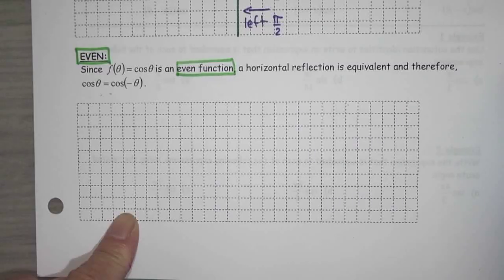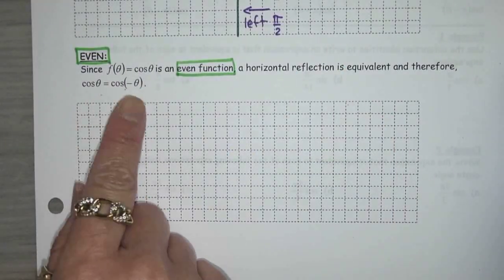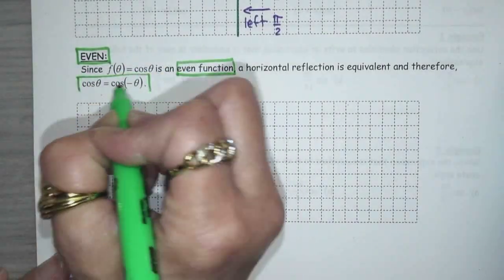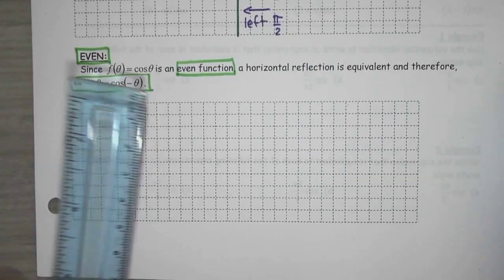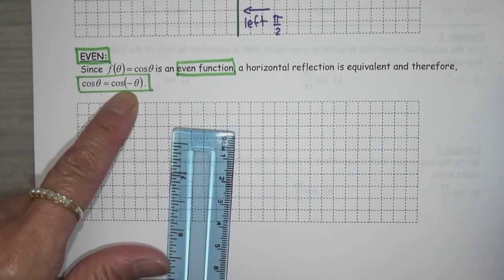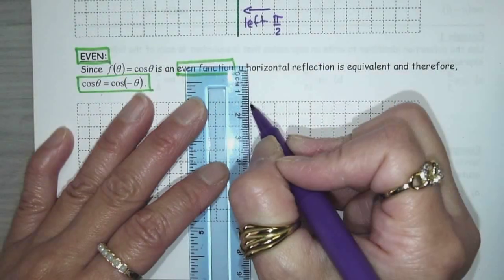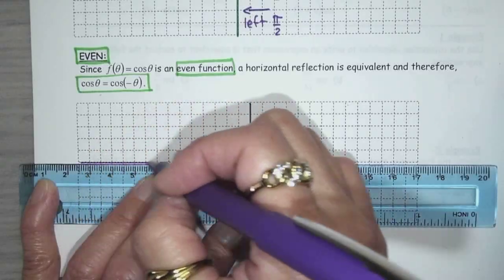An even function is a function that has the horizontal reflection, right? So if I horizontally reflect it, it equals the same thing. So that's this statement. You do not need to memorize any of this. You're just trying to picture the graph. So if I give you cos of negative theta, you're going to go, but that didn't do anything. So usually what happens with this is that if I give you the cos function,